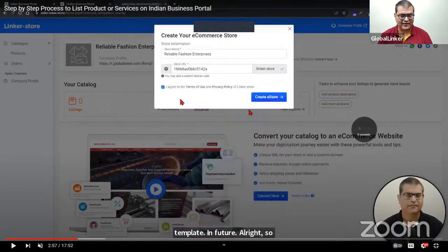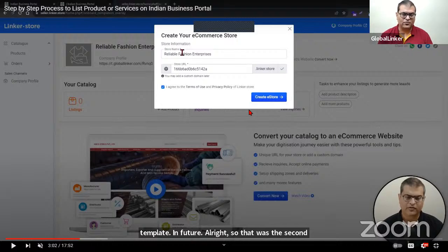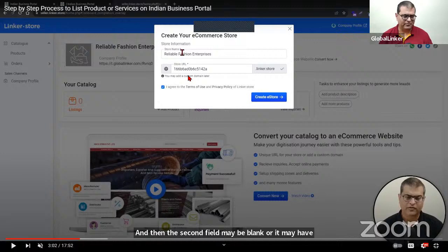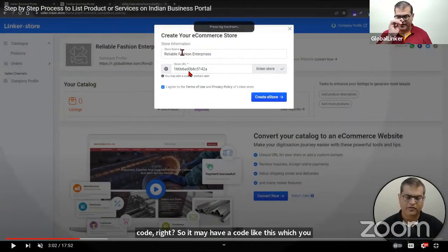Once you have selected a design template, it will take you to this screen. This is where you'll have the business name. The first field is pre-populated, but if there is a typing mistake or a spelling mistake there, you can correct that. And then the second field may be blank or it may have a code, right? So it may have a code like this, which you can see on the screen,